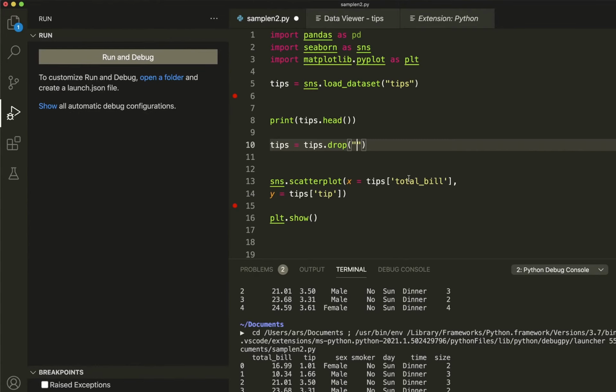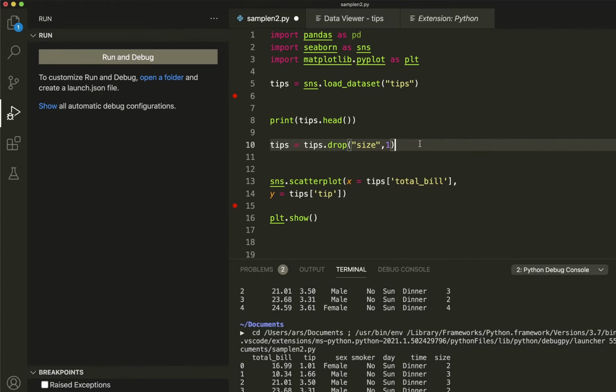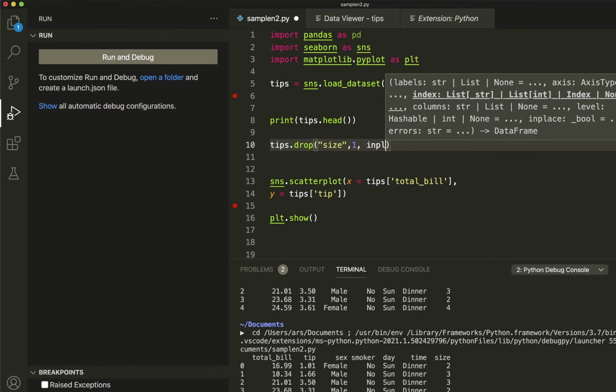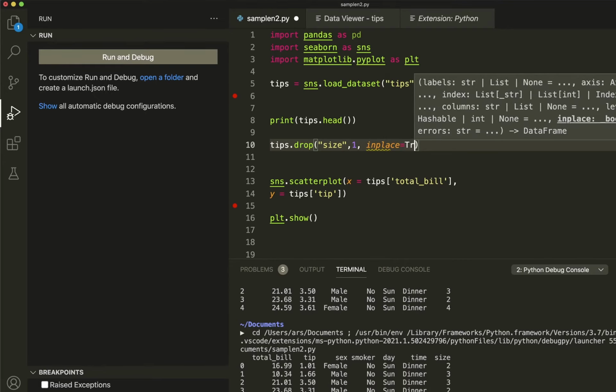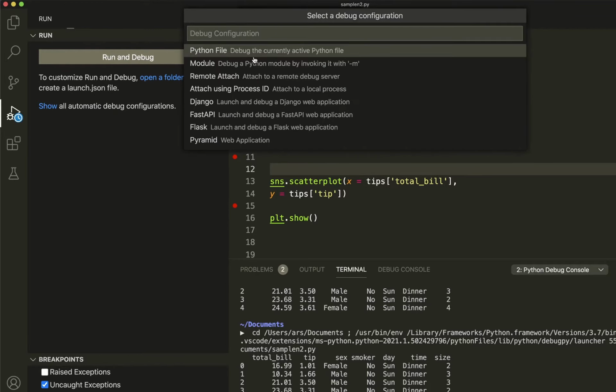Let's drop size, and I'm going to give the index value, which is probably not required. I don't even have to do this. Probably I can say in place is equal to true. Yeah, save it, and then add a breakpoint here so that you can actually see the data frame. So we have one breakpoint with the actual data frame, and then we are dropping the column and then running it. So run debug file.